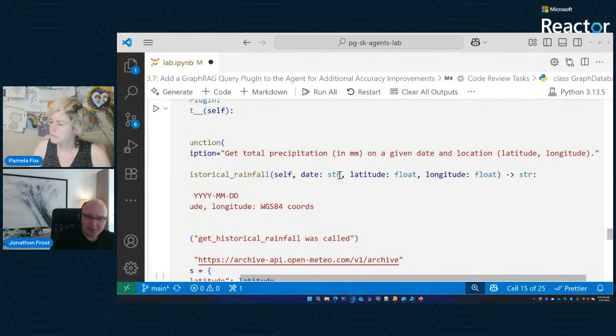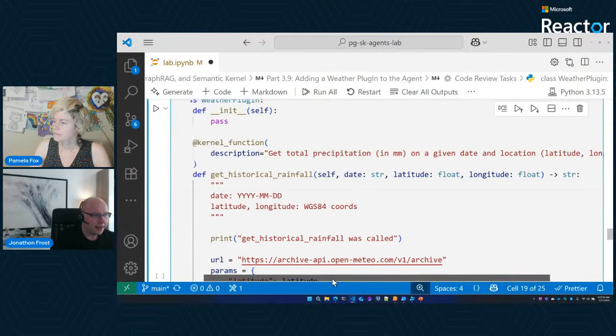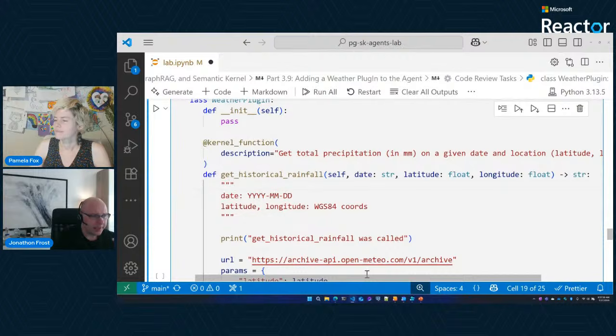So this is actually one example where it's pretty neat. By passing in the actual city and state, the LLM is able to convert that into latitude and longitude for us on its behalf. And we also give it a little bit of a hint here in the doc string in terms of putting the date in this format, and the latitude and longitude are in the WGS 84 coords data structure. So by giving those hints in the doc string, the LLM is able to help translate that for us.